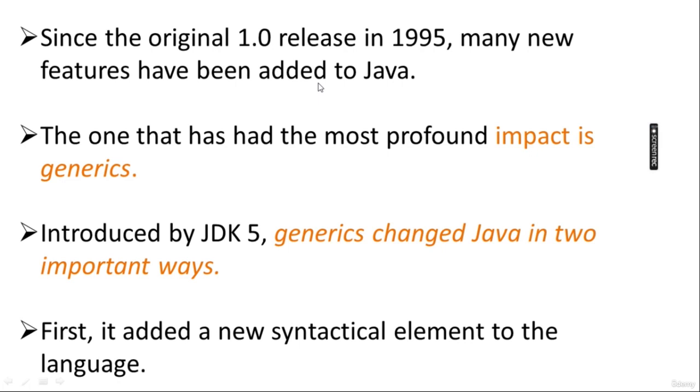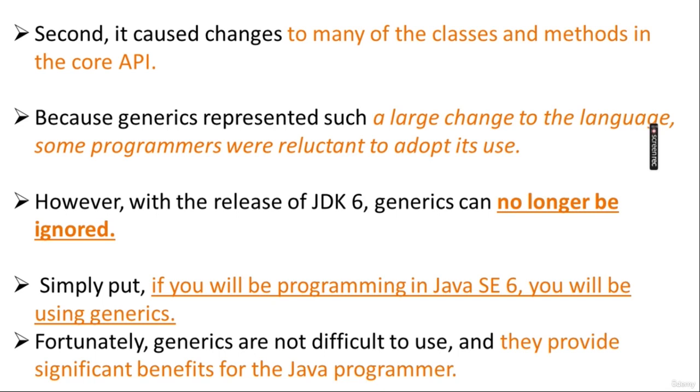First, it added a new syntactical element to the language. So, generic is a new syntactical element in a language. Second, it caused changes to many of the classes and methods in the core API. So many of the classes that were already introduced in Java and methods in the core API were changed due